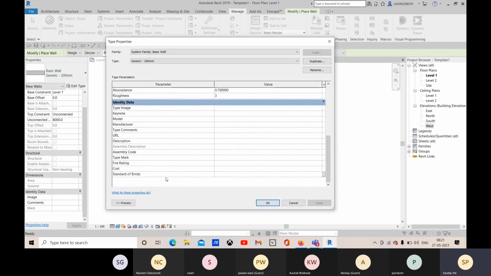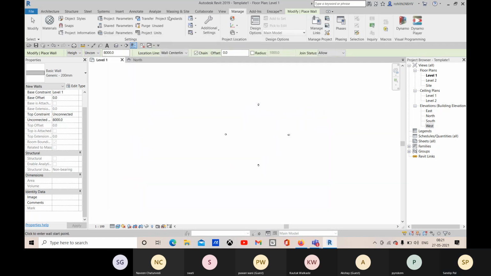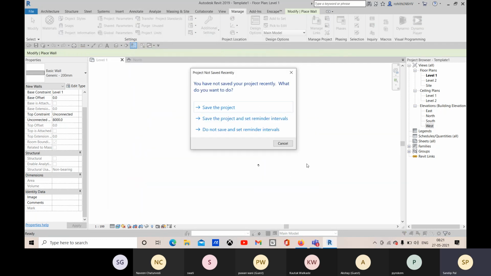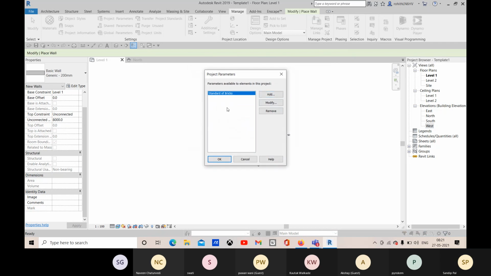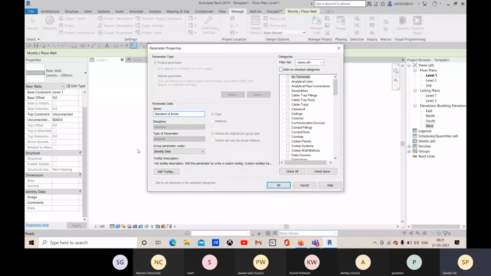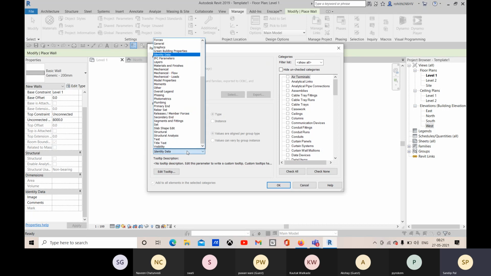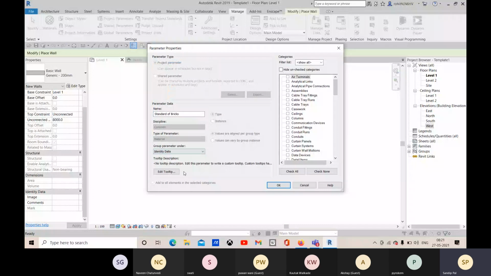Right now nothing is selected. Let's go to the project parameter here. And if you go for this modify, you see that this type of parameter is locked. You can only change the group where it will be listed.